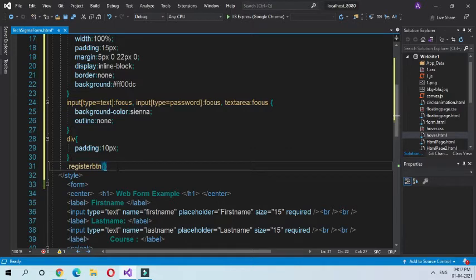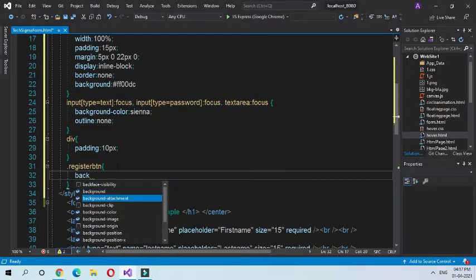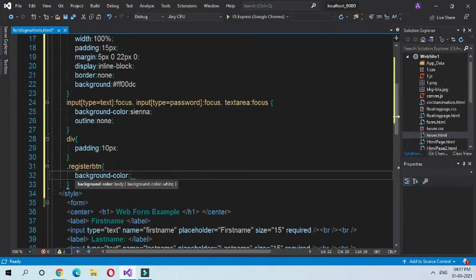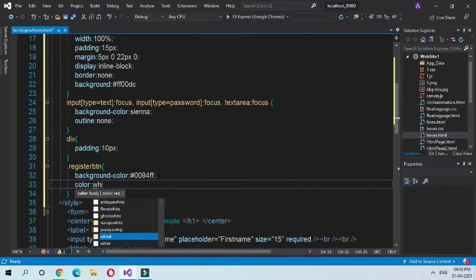Now for register button, give the background color of your choice. Here I am just typing hash and selecting. Now give color. This color is for our font color. Give it white, that will be visible to us.